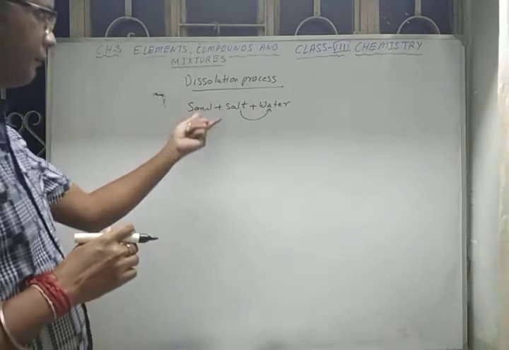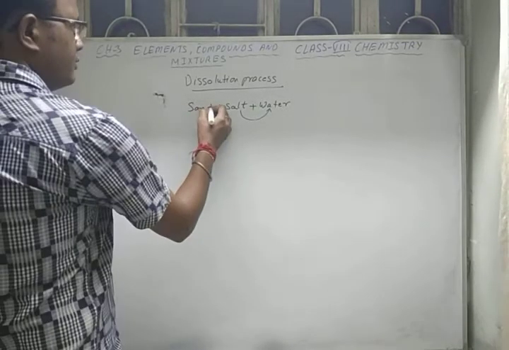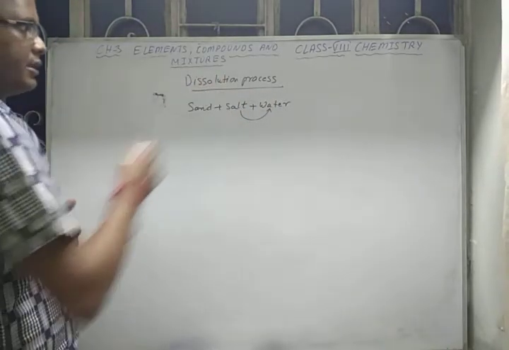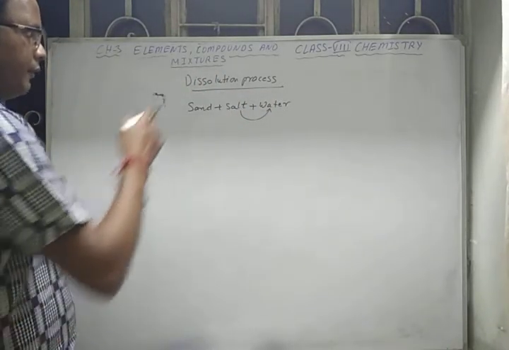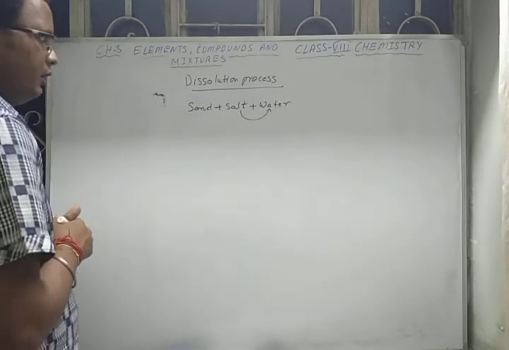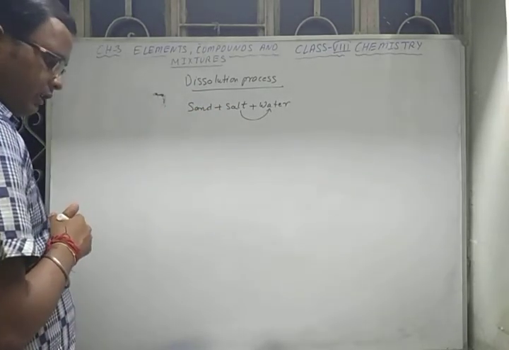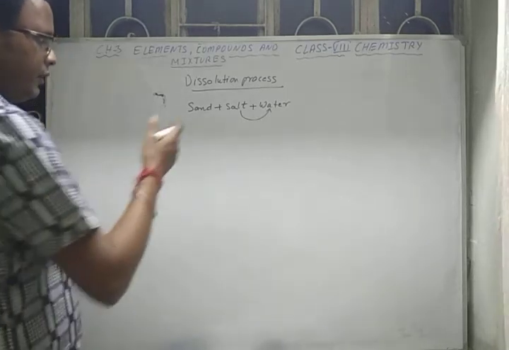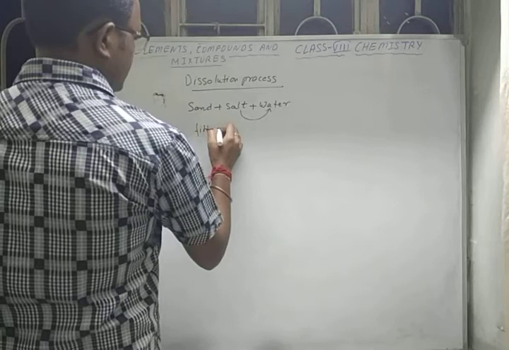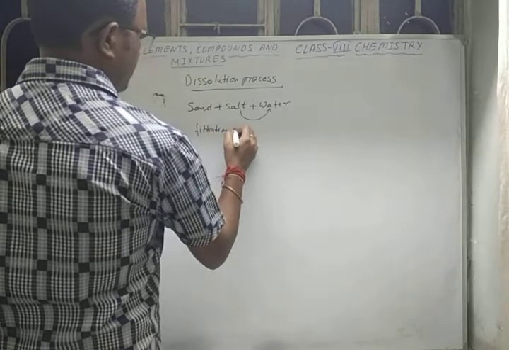So here we have the process of dissolution. When the salt gets dissolved in the water, to separate the sand from the salt solution, you can follow the filtration method